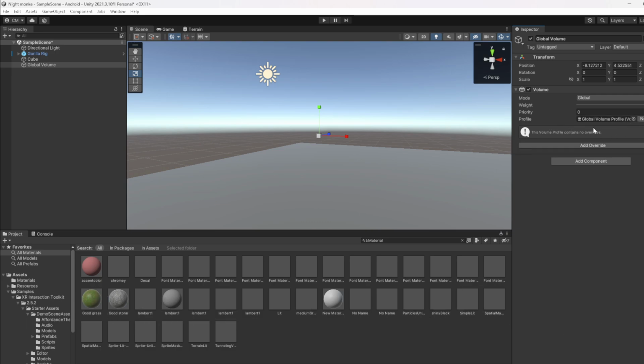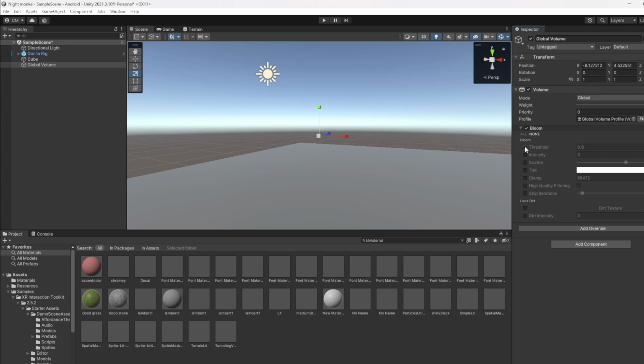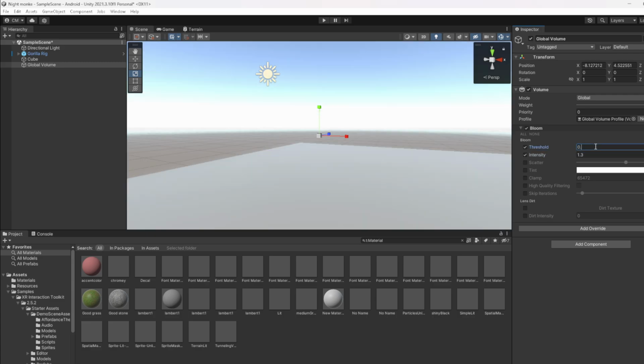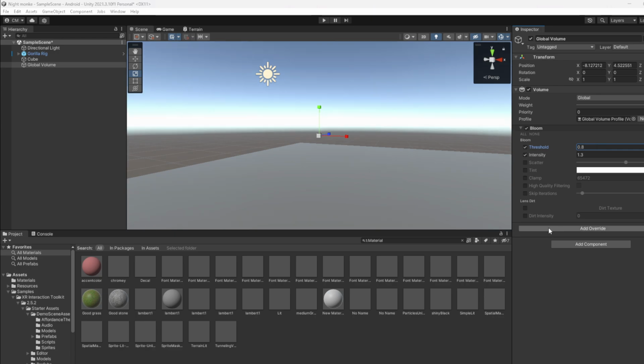It's going to make a new profile. And these are my settings. You can literally change them to whatever you want, but these are my settings. Where it says add override, you're going to press that, and where it says post-processing, you're going to click on that, and you're going to click on bloom, and then turn on threshold and intensity, and then put 1.3, 0.8, and then press add override again,